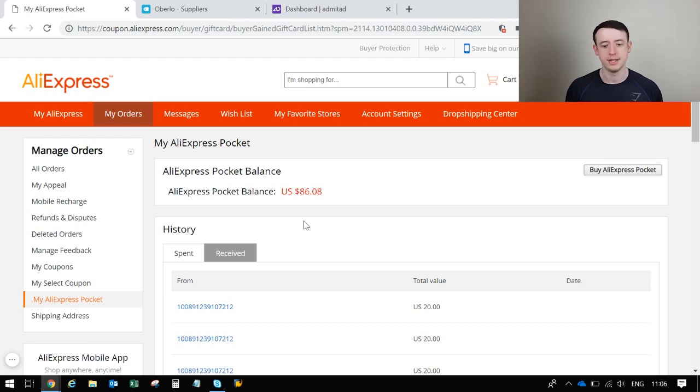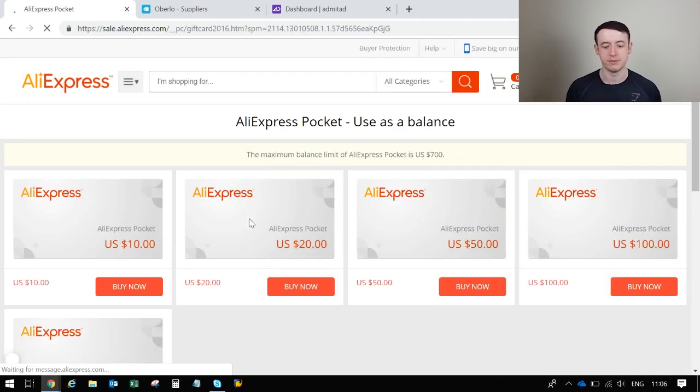So all you need to do is head over to My AliExpress Pockets and click Buy AliExpress Pockets. Within here you get a number of different gift card quantities that appear. Now you can only buy a maximum of $700 of these at any one time, so you can never really blow it. The one thing to remember is that they are non-redeemable. So if you purchase $700 but then don't buy $700 worth of products from AliExpress, you can't get that refund